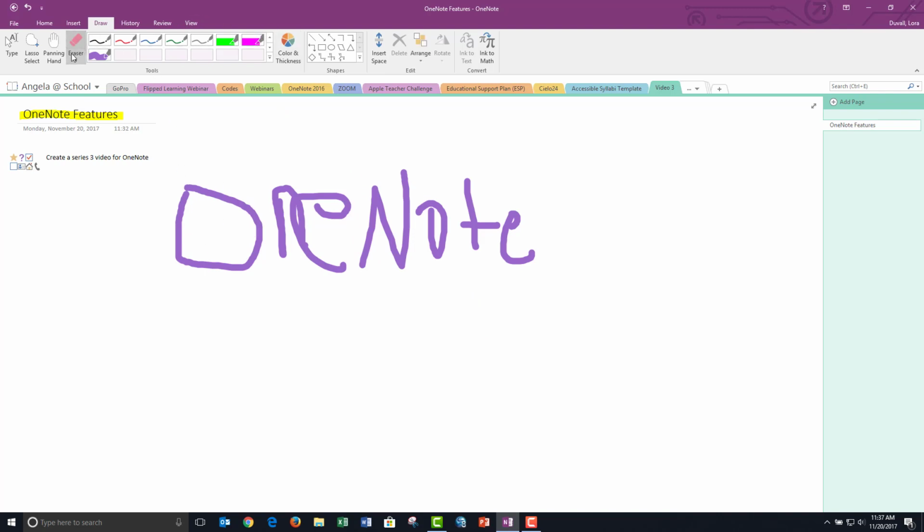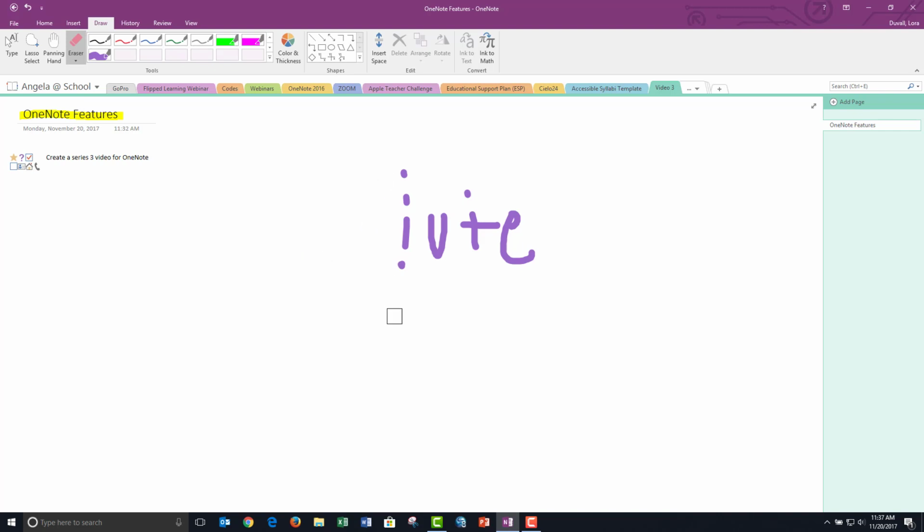And you can go back to your eraser, and let's get a large eraser, and we're going to take that out because we don't want that. I didn't write that very well, so let's take that out. And it was like we never had it on there to begin with. So these are some unique features for OneNote when you begin putting in your portfolio. So it's just some nice things to have.